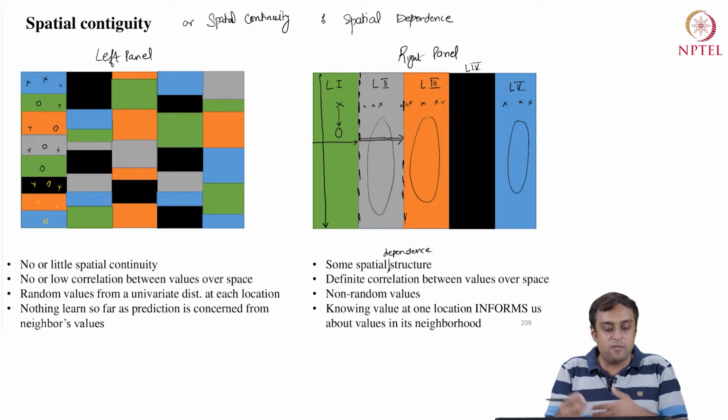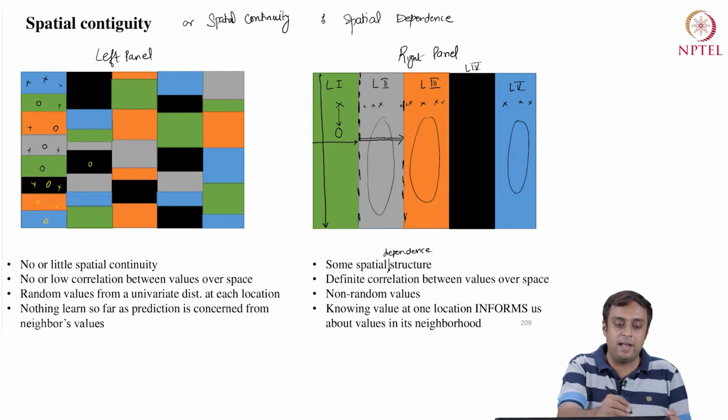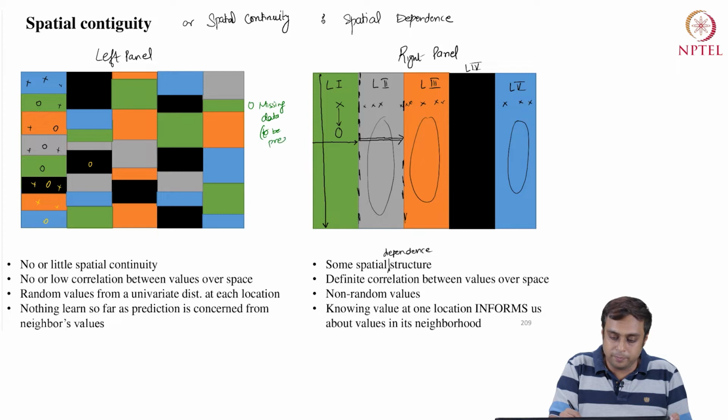Some of the values are missing, some are known. So the circles are missing data, and my objective as an analyst is to predict these data,